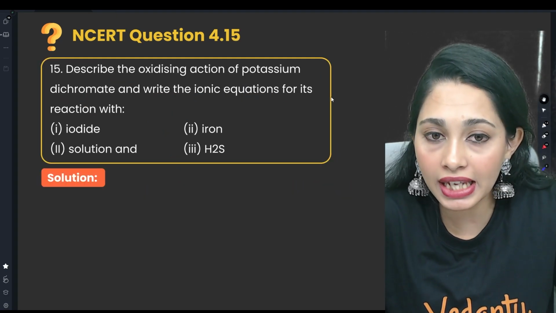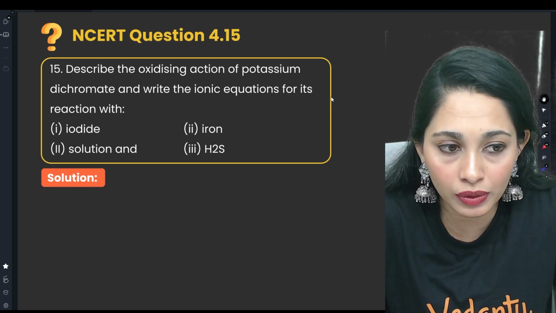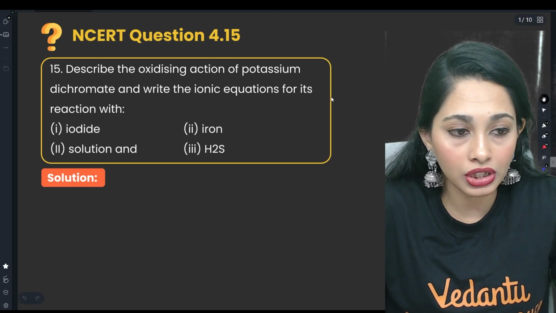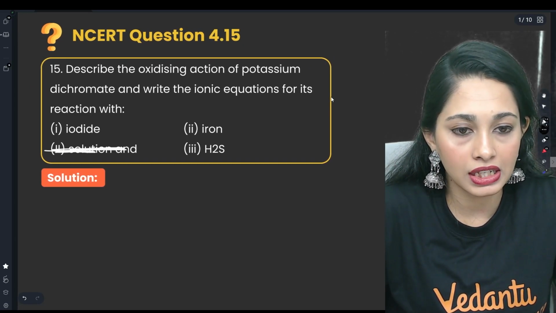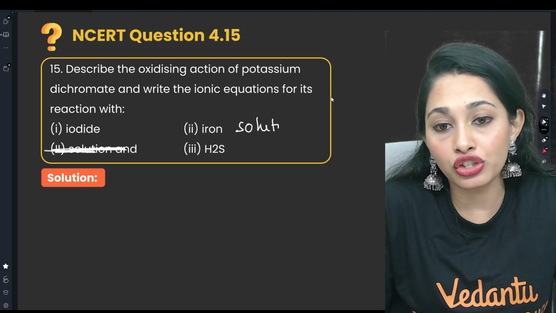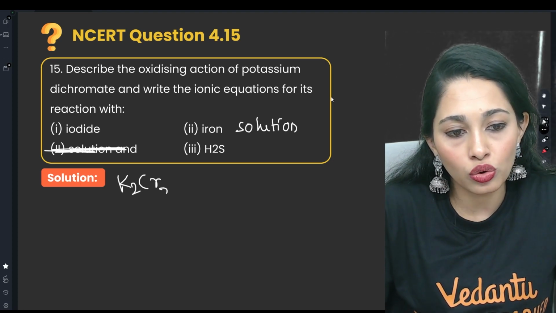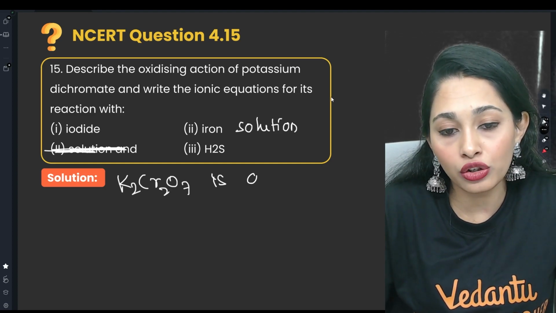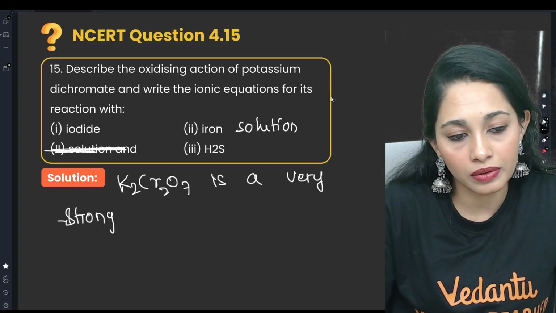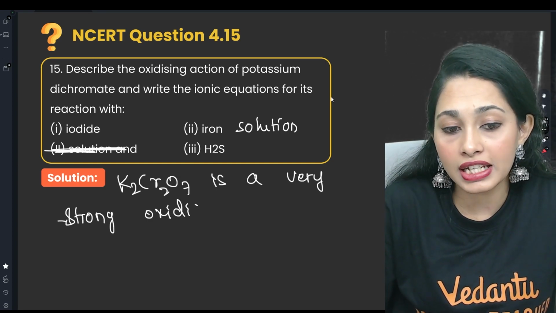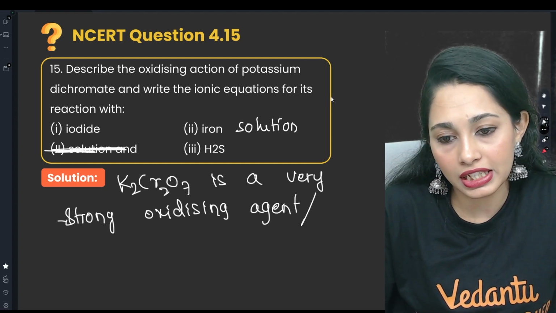Describe the oxidizing action of potassium dichromate and write the ionic equations for its reaction with iron solution. Yes, iron solution. Let me correct it: it is iron solution and H2S, hydrogen sulfide. So potassium dichromate, K2Cr2O7, is a very strong oxidizing agent. So what is an oxidizing agent? An oxidizing agent or oxidant